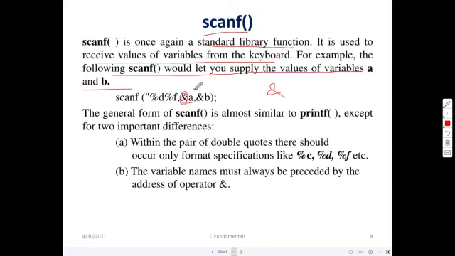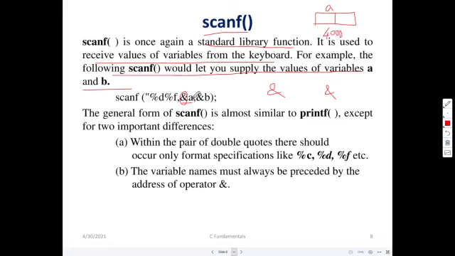Whenever I enter the first value, whatever I enter will get stored in the space which is allocated for A. Address of A means wherever this is stored, suppose 4000 and 4001. Two memory locations will be used if it is an integer.